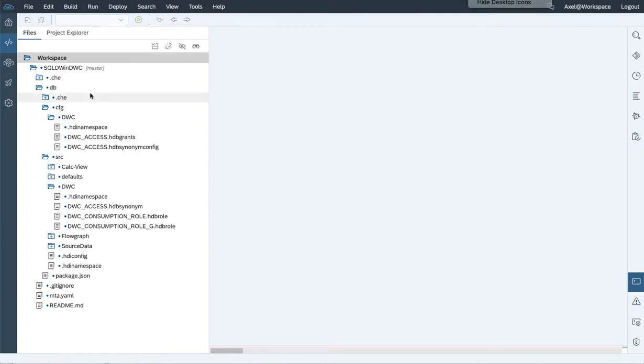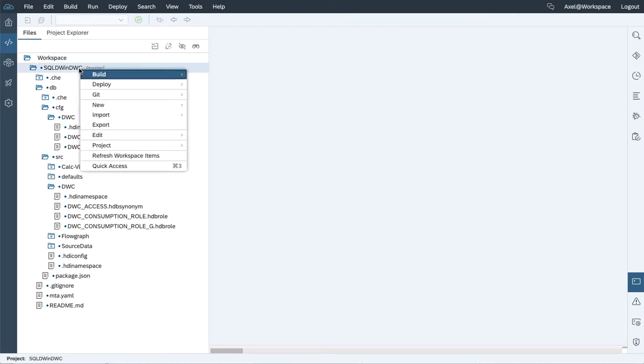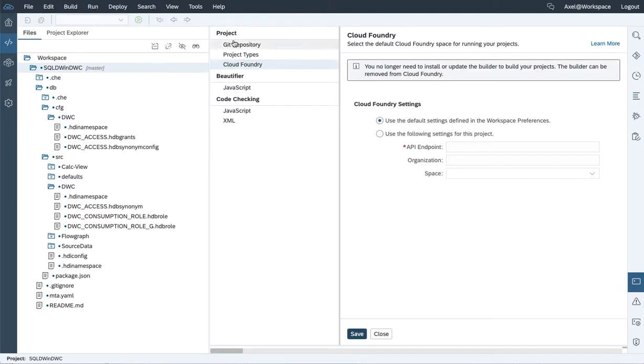As the next step, we're going to prepare the project for build, which at the very end creates the HDI container and the according database artifacts within that container. To do so, we need to select the project, and within the project section, project settings, we'll navigate to the Cloud Foundry environment, where we need to maintain the following settings